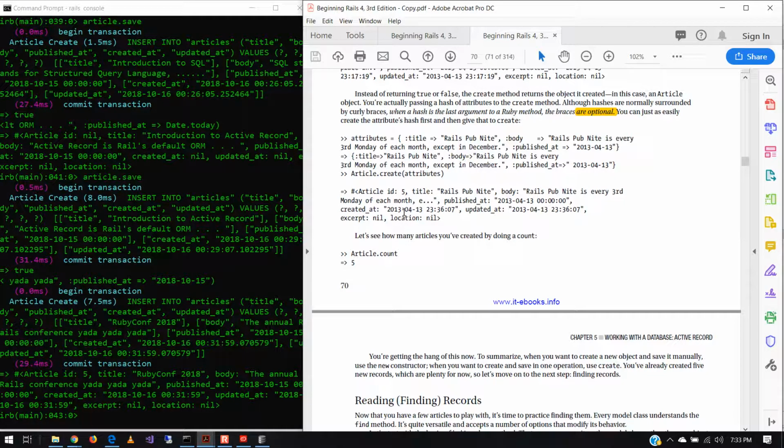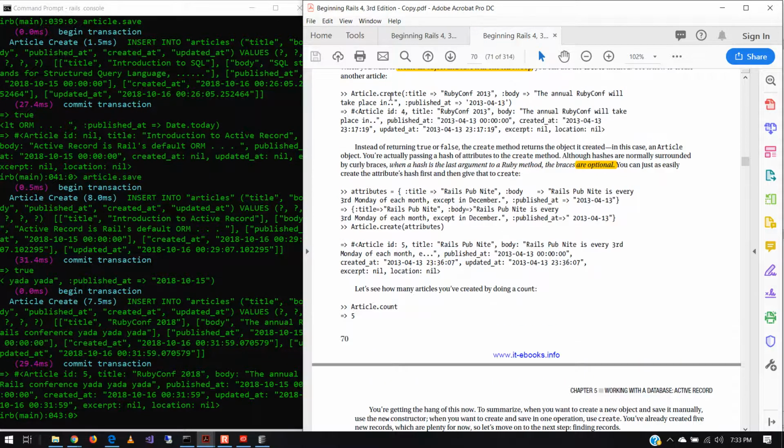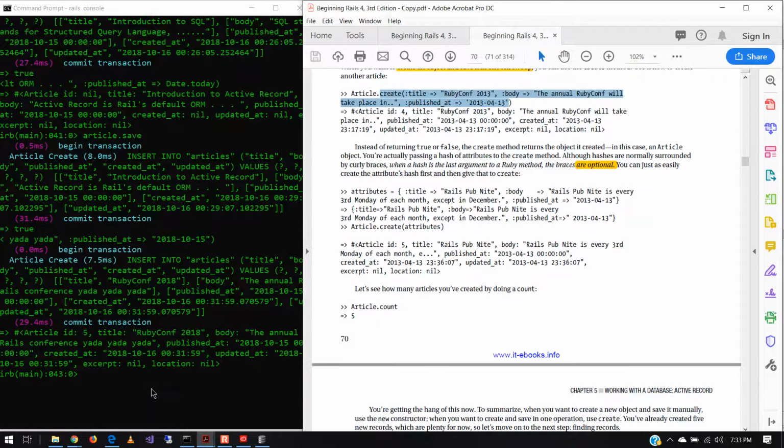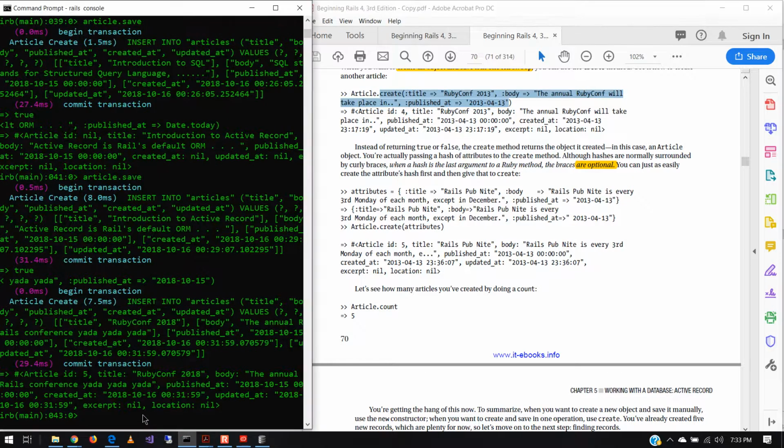All right. Next thing that you can do, next example, is instead of maybe writing the code the way that we just did, and you see it's truncated off the screen here, so instead of doing this approach where we run the create method, another approach would be to actually feed all that data into a variable. So in this case, attributes is a variable name, and then in the form of a hash, and the reason I call it a hash is now we're inside of curly brackets, all right, but we're still using a symbol. So we're going to do title with our pointer to